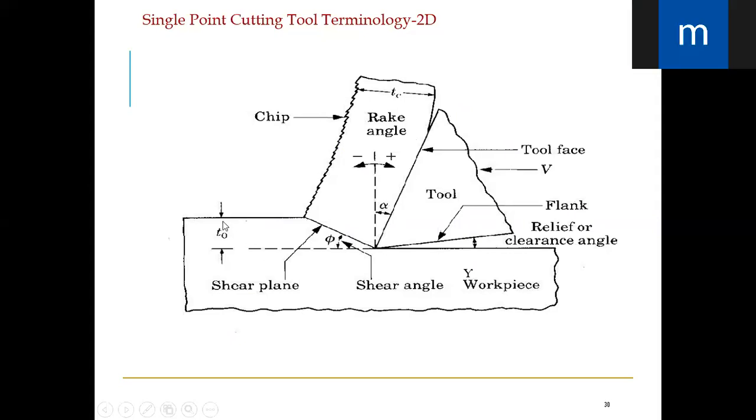So normally this T naught means depth of cut. How much thickness of material you are removing from the workpiece is considered as T naught. So T naught is nothing but your depth of cut. Depth of cut मैंने बोला था na starting of this class. How much thickness you are advancing your cutting tool is called the depth of cut. Normally depth of cut is equal to T naught, the initial thickness of the workpiece.